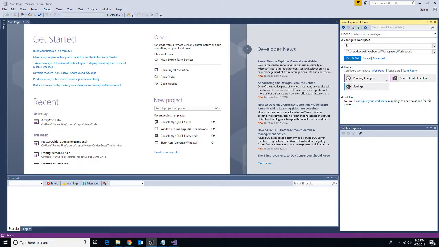So before we can do any work with TFS, we need to establish our local workspace. And our local workspace just says, where do you want me to copy this information? I want my local workspace to be a folder on the local computer because that's going to be the fastest for me to access. And the whole idea of TFS is that TFS will be my copy, my master copy